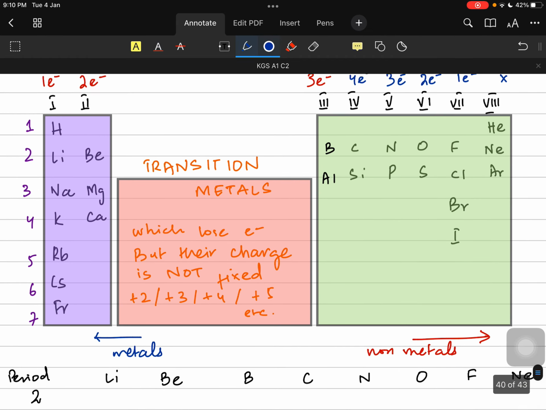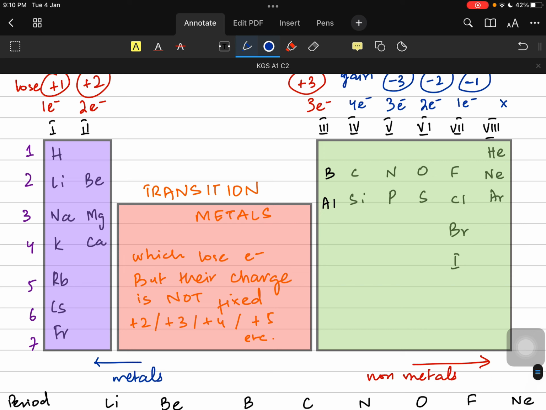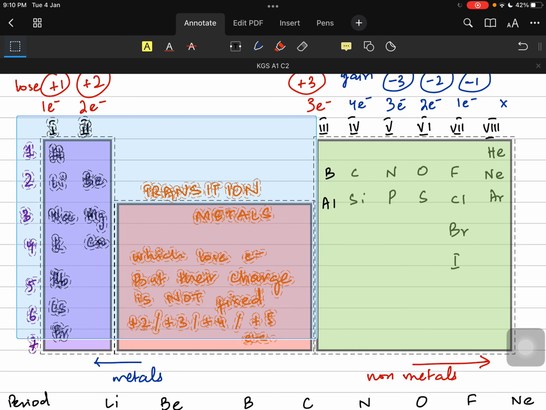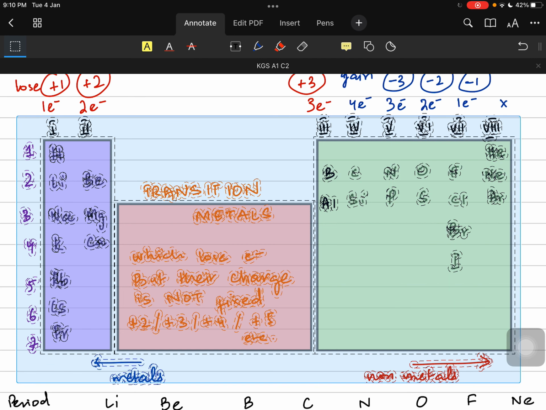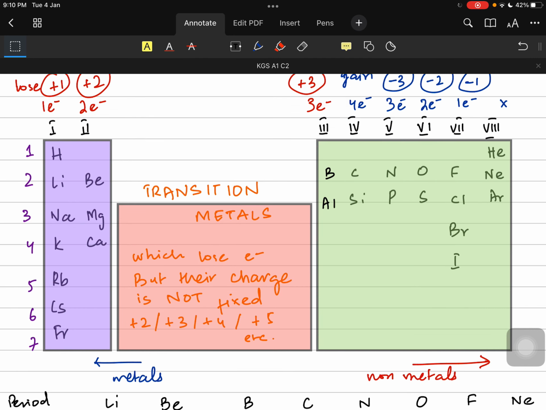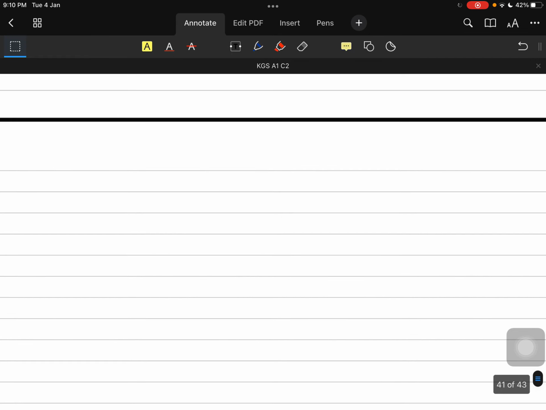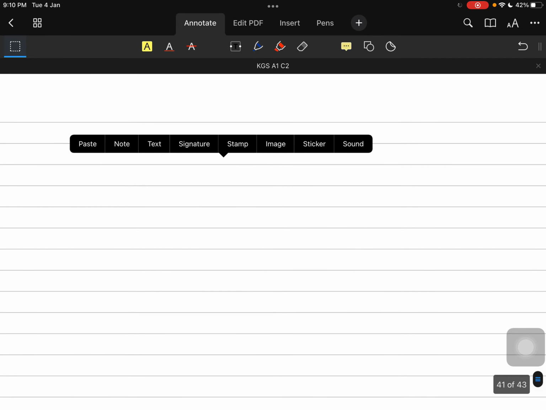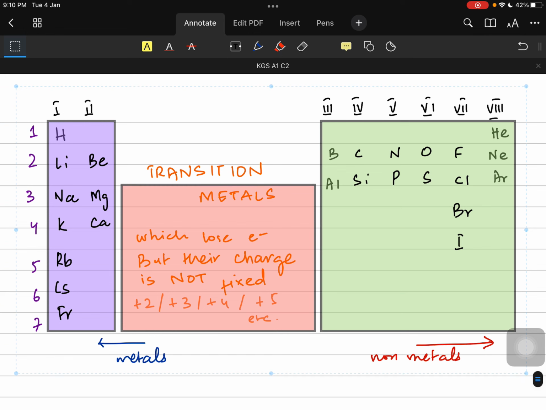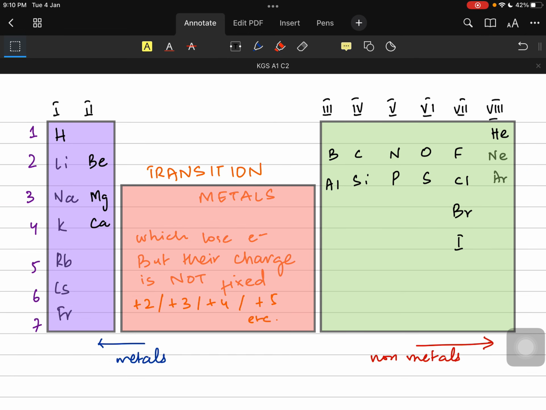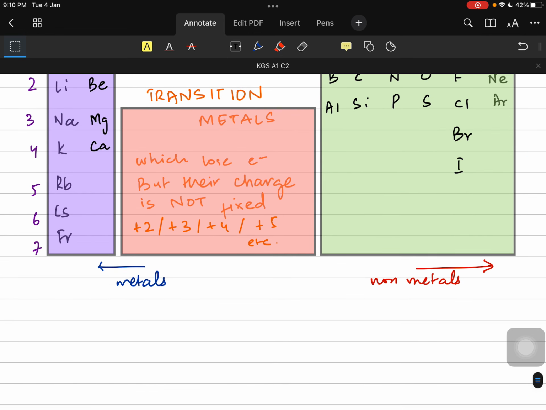So I am going to again copy this part of the periodic table from this portion till over here. I'm going to copy it again with the part that says metals and non-metals. I've copied it and I'm going to put it over here. So I have again my periodic table here with us. And now we should know that when